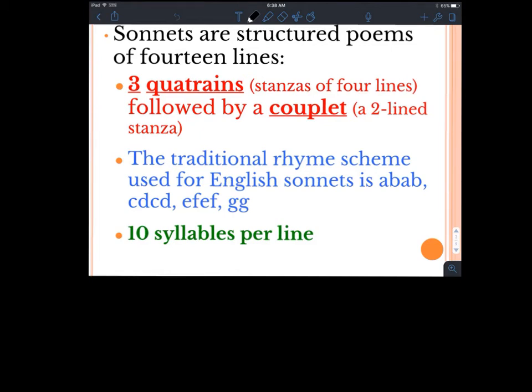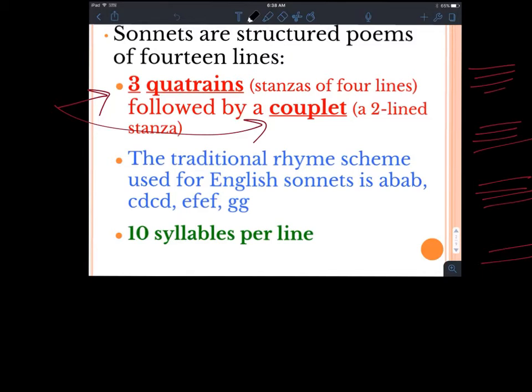Okay, students, so I'm not going to be here today, as you can see, and I want to remind you what we were doing in class yesterday. So yesterday we talked about sonnets, and we talked about the rules that sonnets have. We noticed that a sonnet has 3 quatrains and a couplet, so we said that there were sets of 4 lines and a couplet. And then we also talked about